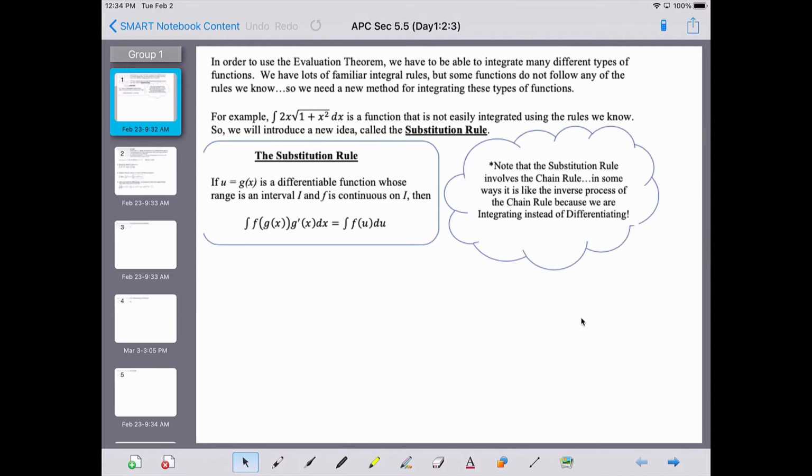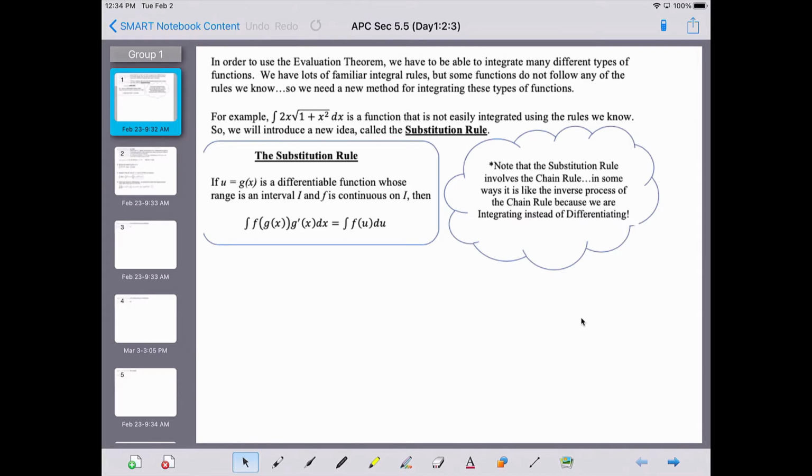So in order to use the evaluation theorem, which we've recently learned about, we have to be able to integrate many different types of functions. And we have lots of familiar integral rules, basically the reverse processes of our differentiation rules. But some functions do not follow any of the rules we know, so we need a new method for integrating these types of functions. And so we have an example here that's going to walk us through this process using